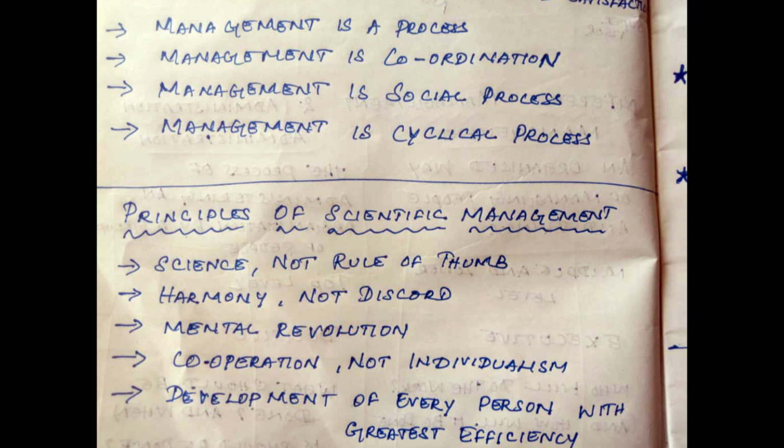So, the principle of scientific management is propounded. Propounded means what? It is formed by Taylor, the person Taylor. Okay, the principle of scientific management is formed by Taylor. So, Taylor is a person who made the principle of scientific management. You must be clear with this. So, when you're writing your exam, it will be useful for you.